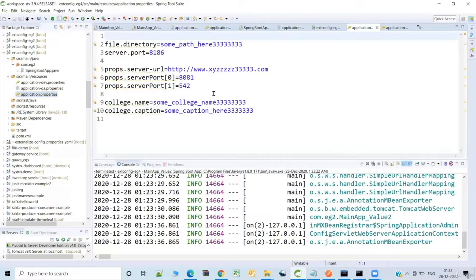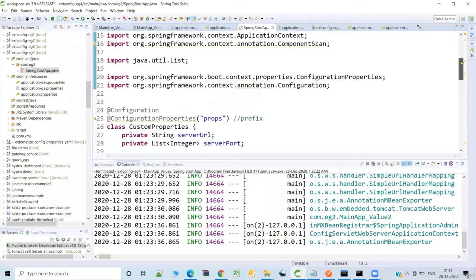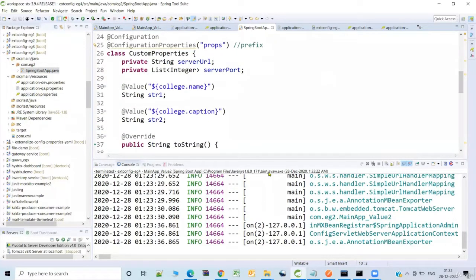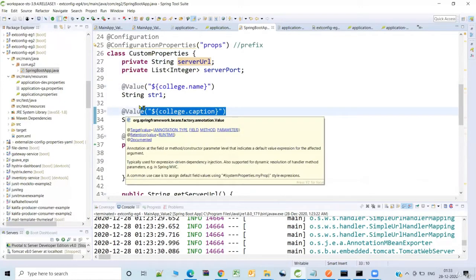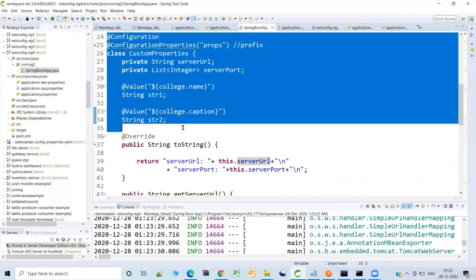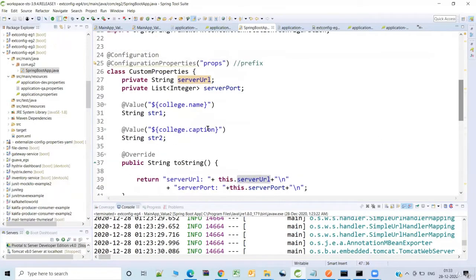As usual, here I'm just trying to read the configuration properties. This we have seen in the previous lecture. Basically I'm facilitating here to load these specific configuration properties from the selected profile. However, this piece of code is the same as the previous example, so we are not exploring more about this. We had already seen that @Value is basically to load the individual configuration property from the selected configuration file.